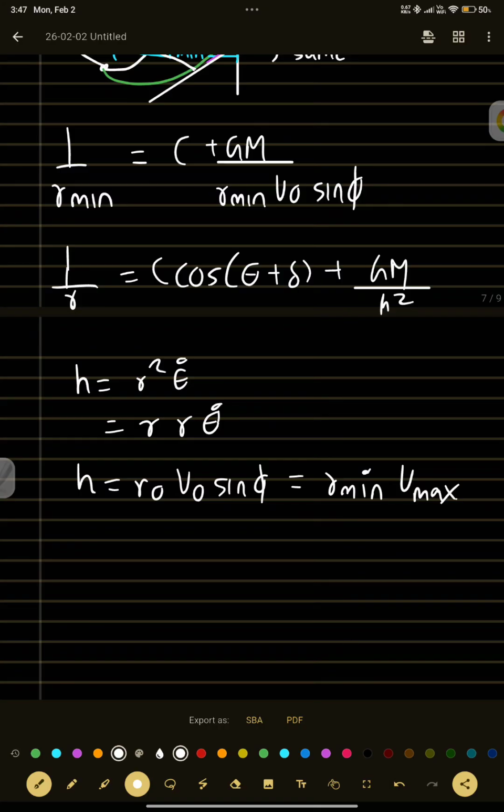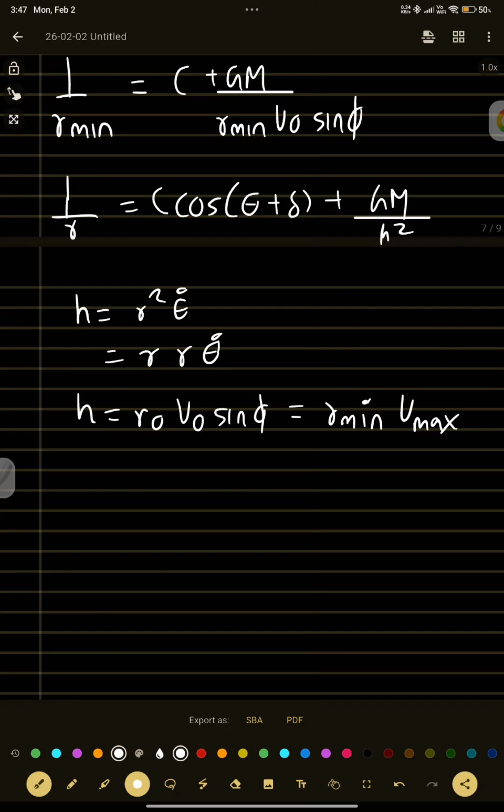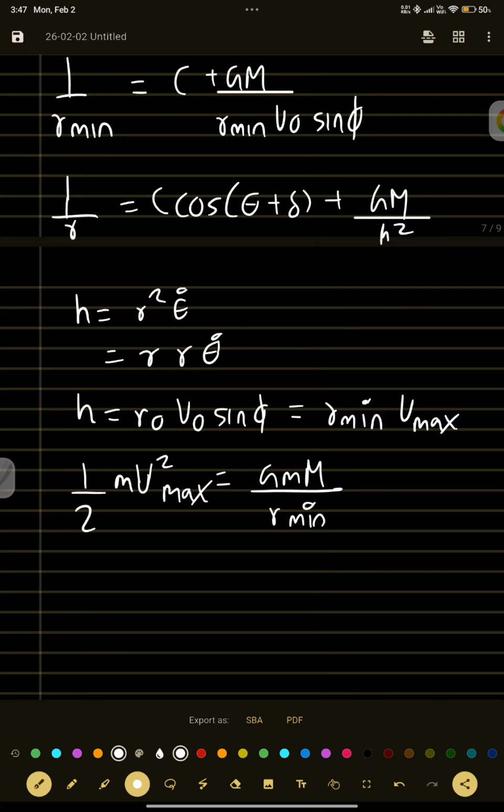So the kinetic energy is half m v max square. Potential energy भी लिखना होगा minus g m m by r. r कितना है? r मिनिमम है ना, स्क्वायर नहीं होगा, फोर्स में स्क्वायर होगा, एनर्जी में नहीं होगा। एंड देन यू हैव हाफ m v नॉट स्क्वायर माइनस g m m by r।